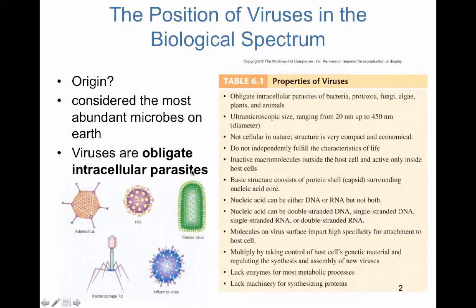Now, as far as the basic structural components of every virus, they have for sure a protein shell, which we refer to as a capsid, and also their own genome. So these are the two basic structural components, but they do not fulfill all of the characteristics of life. So they depend on a host cell. Some do not have a membrane. They're not able to carry out metabolism on their own or synthesize their own proteins. But just remember, they need a host cell. They have a protein shell, which we call the capsid, and they also have their own genome.